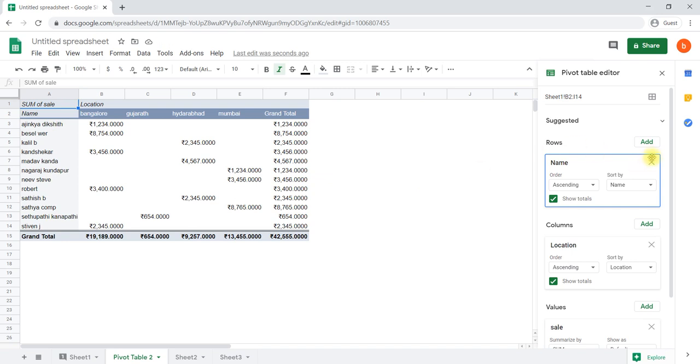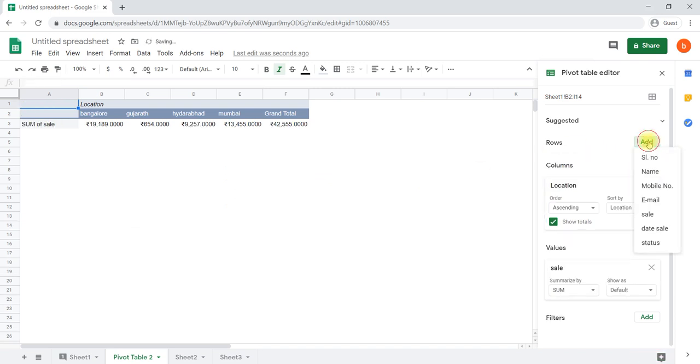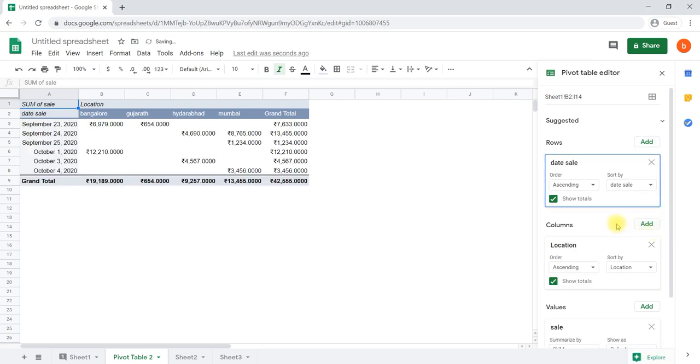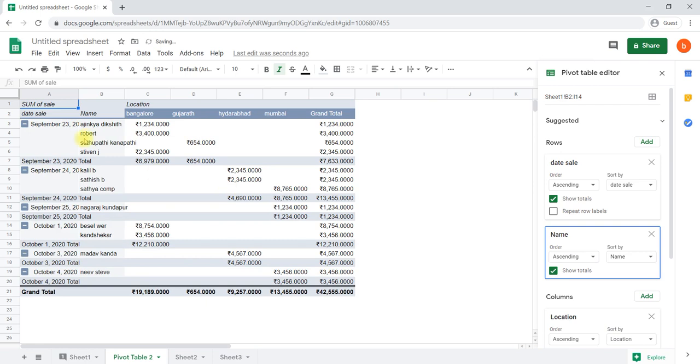For example, I add sales date, then add one more thing, that is the name, so that for each date you see who all the customers are, from which location, how much order they have given, the total order, and that particular date's subtotal also. In that sense, you can analyze the data very clearly by using a pivot table.